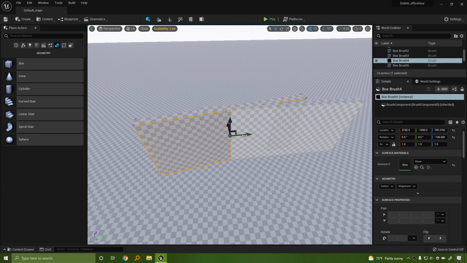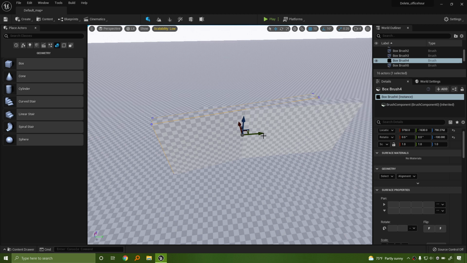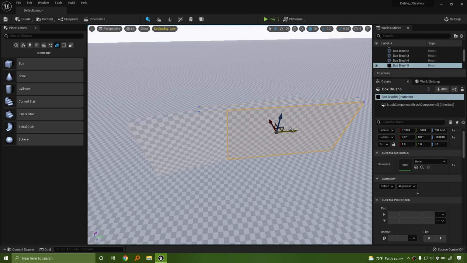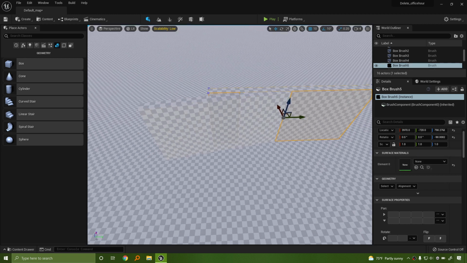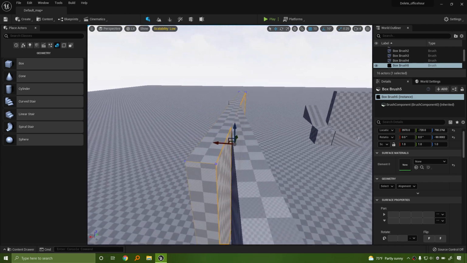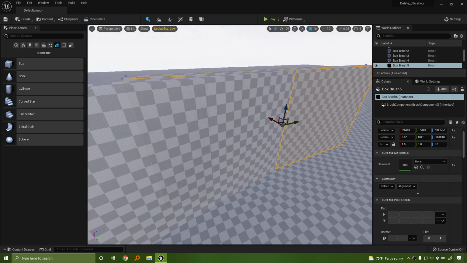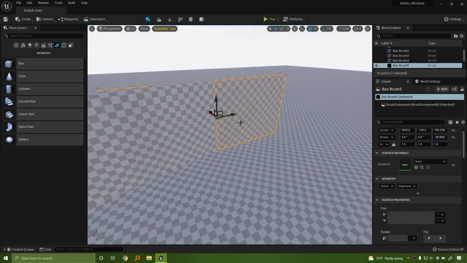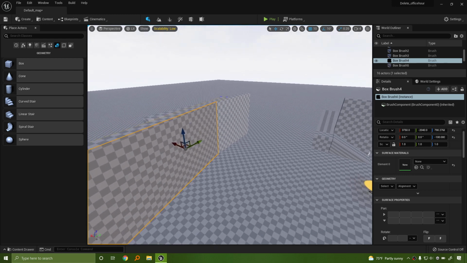Where do I want that midsection? The nice thing about BSPs is you can just slam them together and they just work out of the box. There's no reason for you to worry about whether or not, oh no, Mr. Figueroa, they're overlapping. In games, it doesn't really matter because these are not going to be used for final. These are just going to be used to designate a gameplay area.